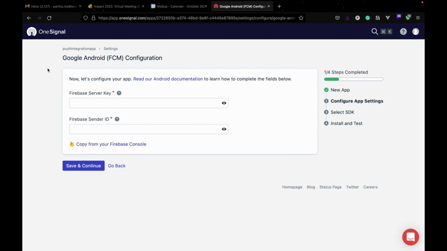Now, as you go forward, you'll see that when we need to do an Android-specific configuration, we need to have Google FCM credentials. So we need to generate those credentials. To do that, we first click on this particular link, or we can directly go to our Firebase console. So I'll click on this link,